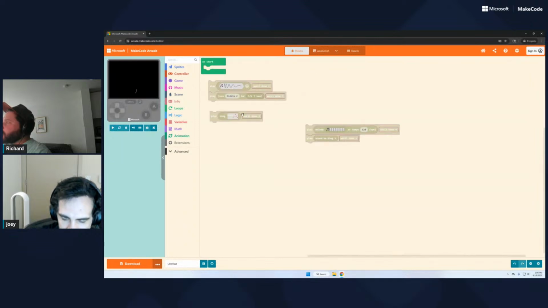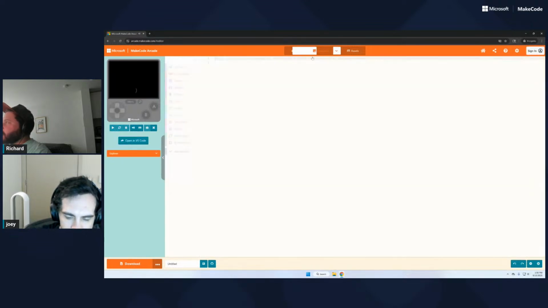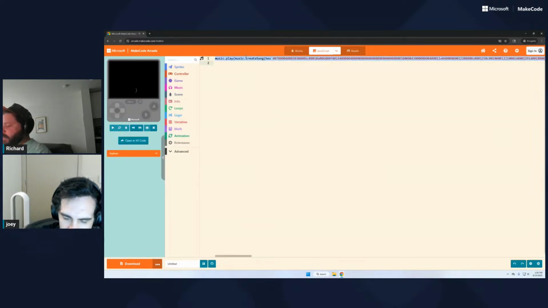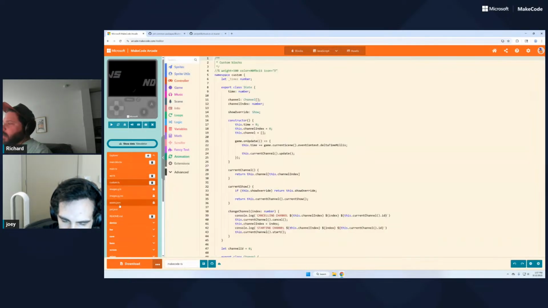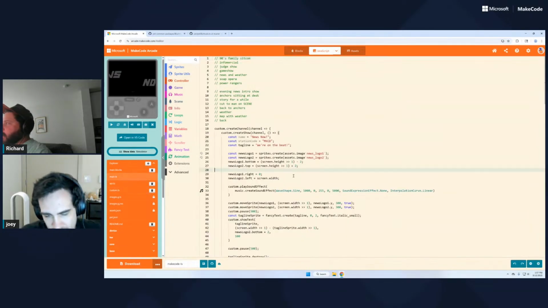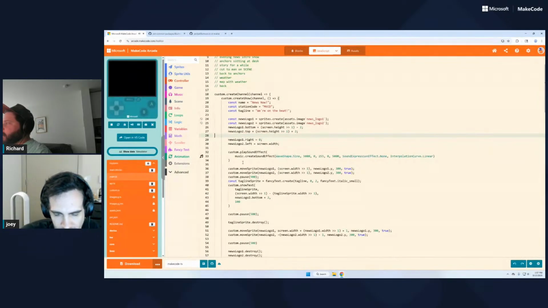So, we're going to go ahead and just put this in our on start. Go to JavaScript. We're going to copy this, and we're going to use this in our MakeCode TV test project. So let's go back over to our main.ts, which is where our test things exist. Right now we're doing this play sound effects, so we're going to go ahead and turn that off. And instead, we're going to do